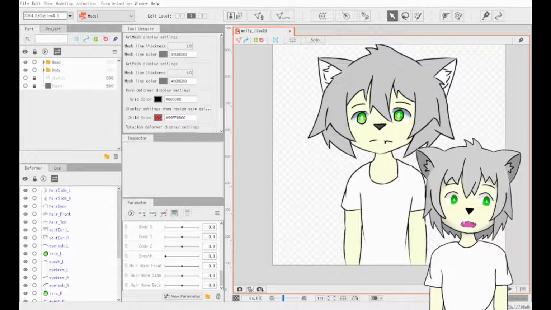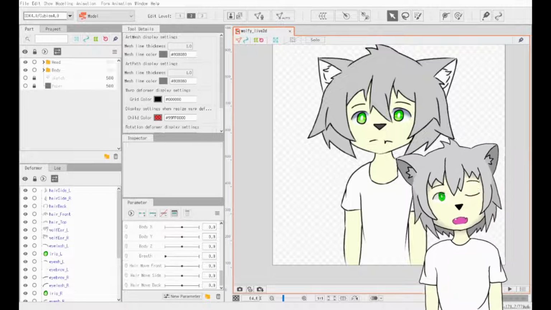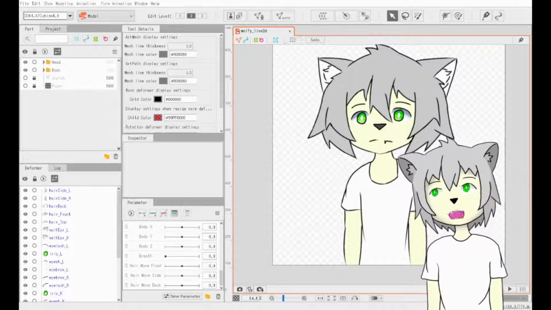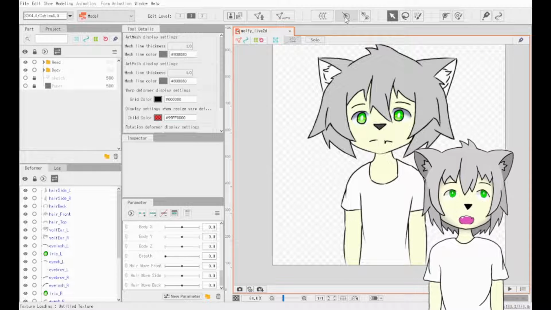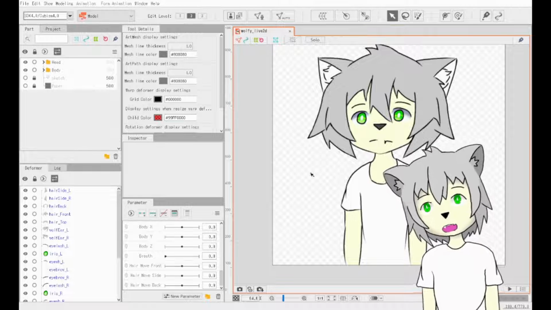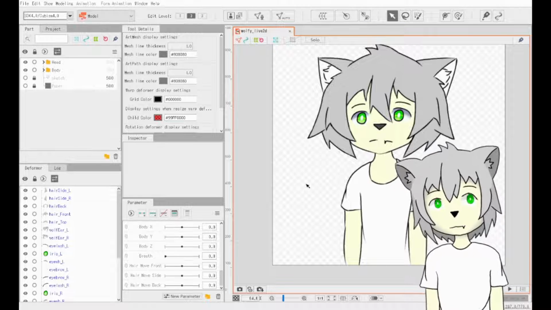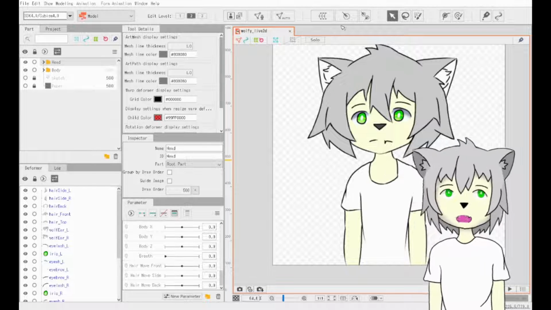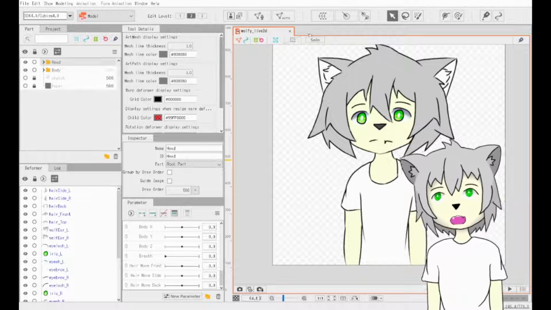This will be the last part of my tutorial. We are just going to learn about deformers. There are two types, which are the rotation deformer and warp deformers. Those two are different because they do different things. The rotation deformer obviously does rotation, and we can just